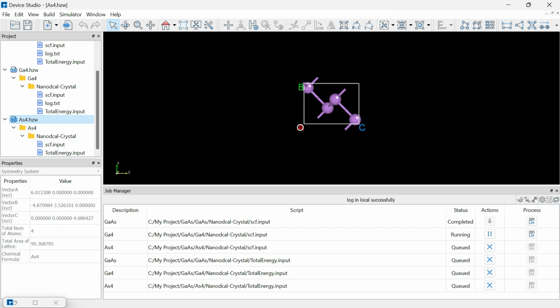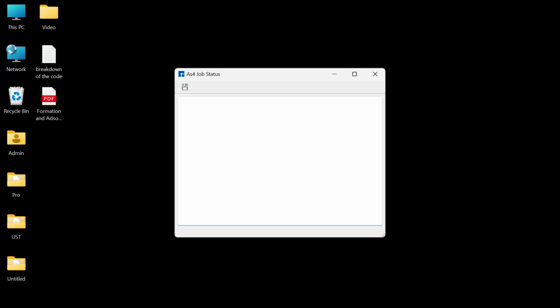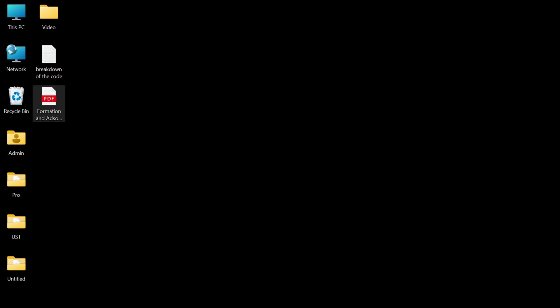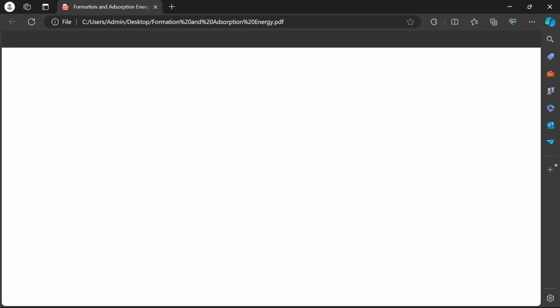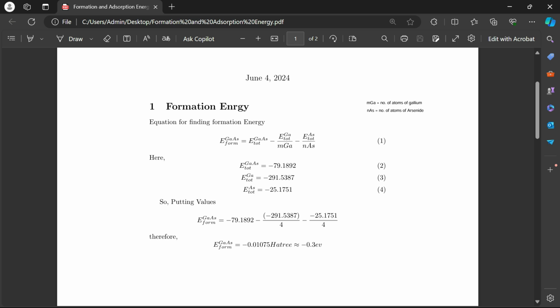How do you calculate it? Let it keep running, and we will minimize it. I created a PDF file in which you can see how to find the formation energy. There is an equation for finding the formation energy, in which the formation energy of gallium arsenide, which you have to find, is equal to the energy of gallium arsenide